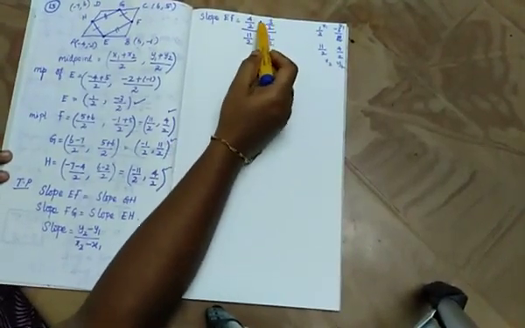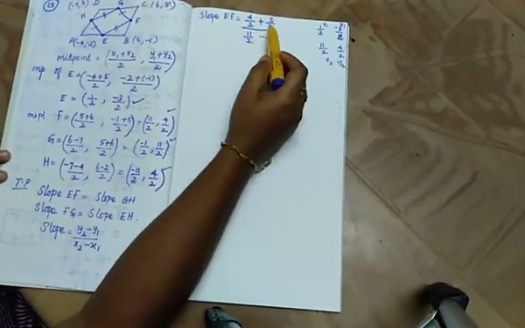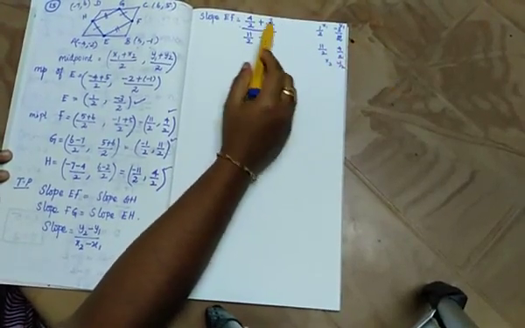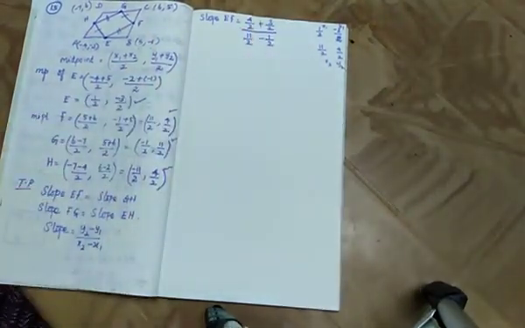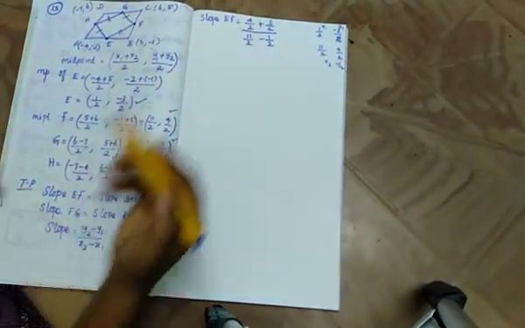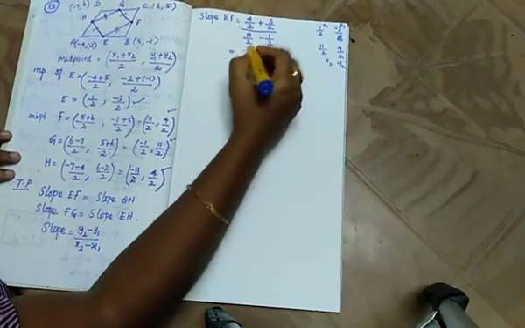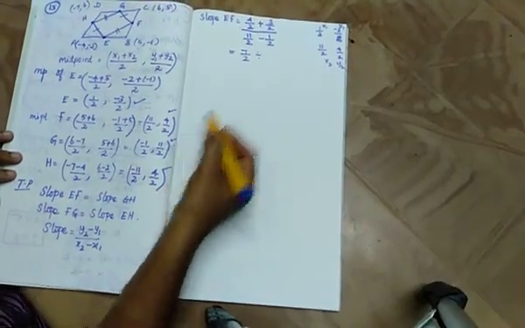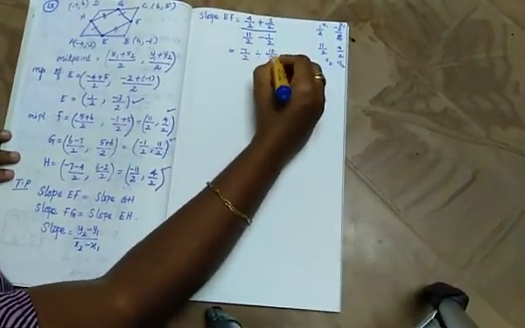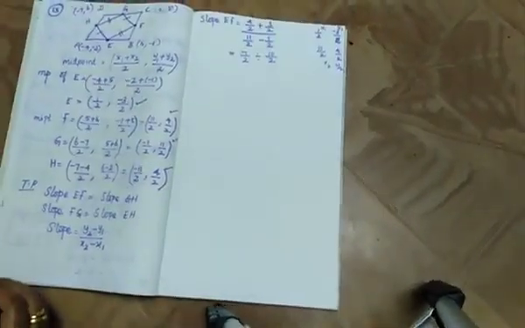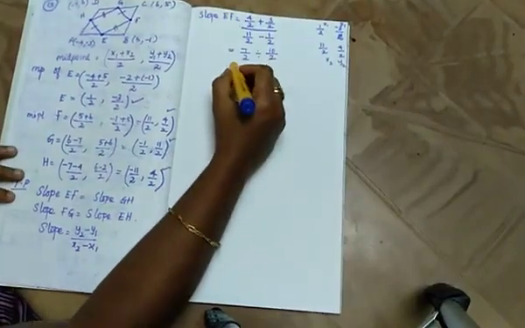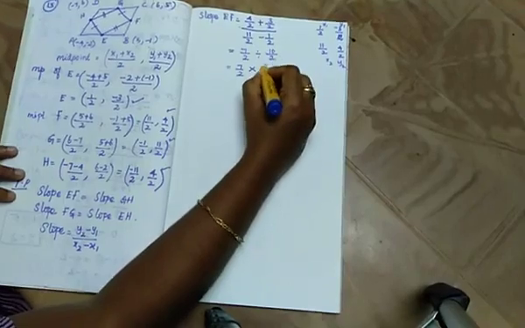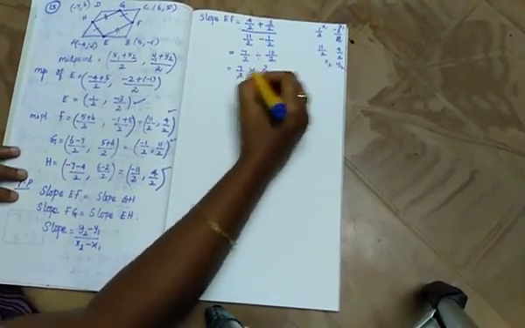Now two fractions with a plus symbol in between. If the denominator is the same, add the numerators and write the denominator as it is. That's why I didn't cancel it. Otherwise you have to take out the LCM again. So here what you will get? 7 by 2 divided by 10 by 2. Now division is there, and with two fractions the next step is: 7 by 2, division will change into multiplication and write the reciprocal.